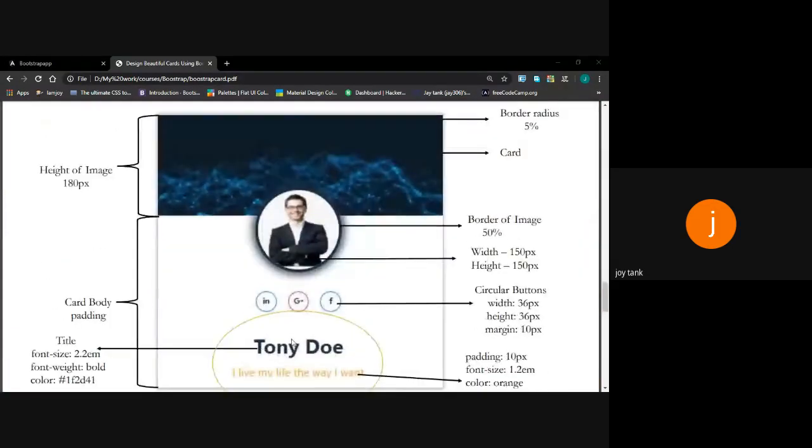So now we are going to design this card. Isn't it looking so beautiful to you all?